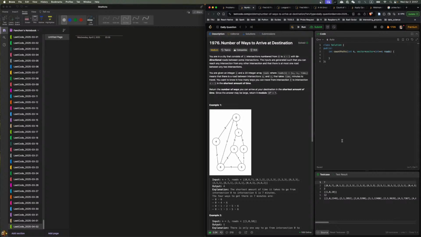There is a road between intersections. You want to know how many ways you can travel from intersection 0 to intersection n minus 1 in the shortest amount of time. So I remember this is Dijkstra, right? Because Dijkstra can guarantee that when you reach the destination, it's the minimum time, right? So all we need to do is, as we go through Dijkstra, once you go through this to this,